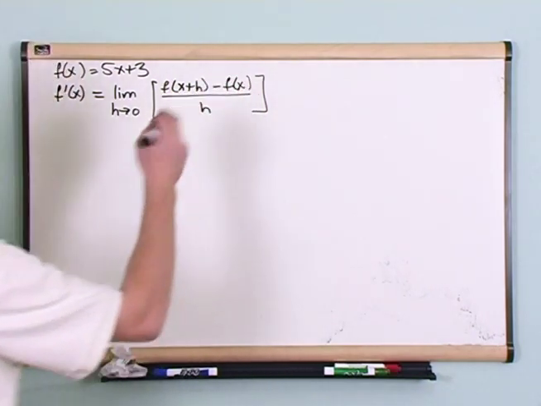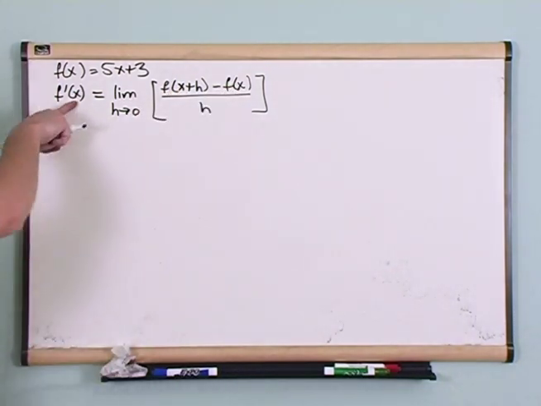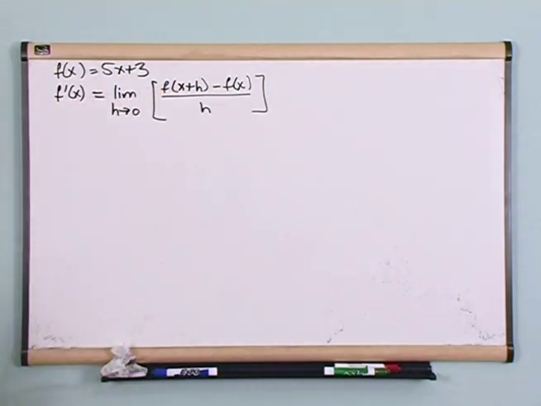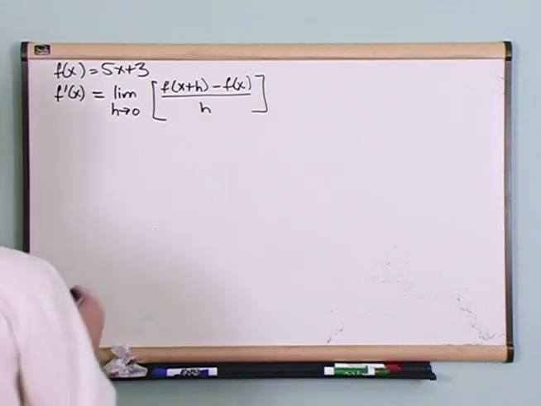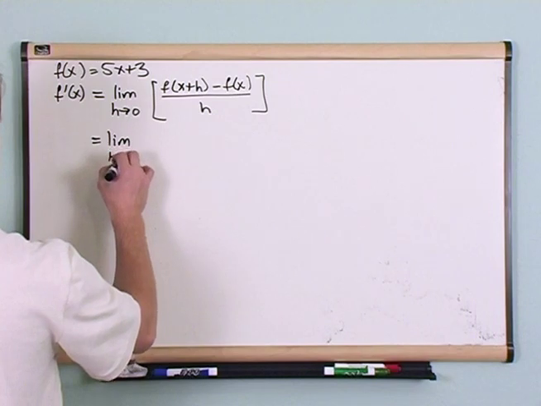Now it looks a little different. Here it was a plus h and a. But again, whatever's here is where you're trying to evaluate the derivative. Here I told you I just wanted it as a function of x, so I'm just going to stick x in there. And eventually I will get a function of x in my answer. So this is just equal to the limit as h approaches 0